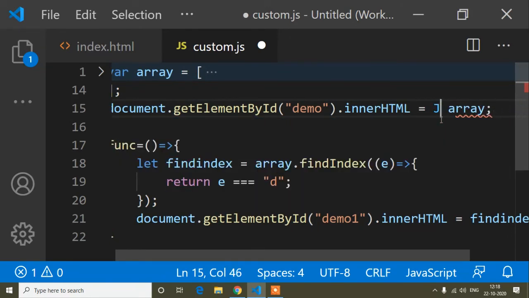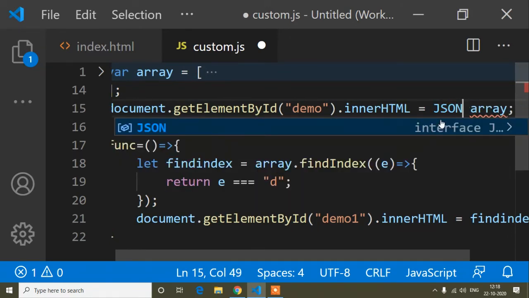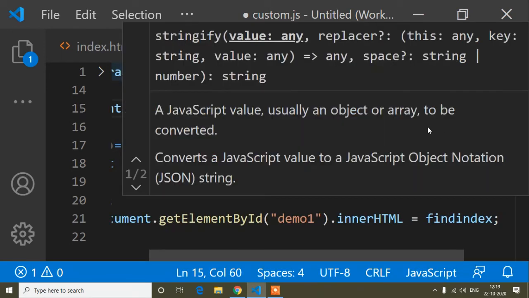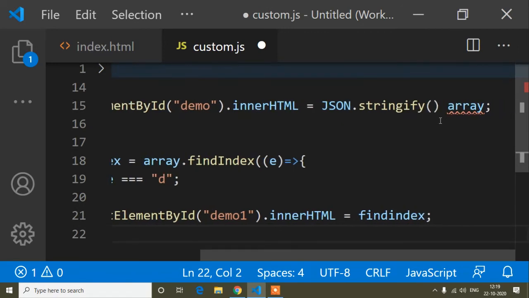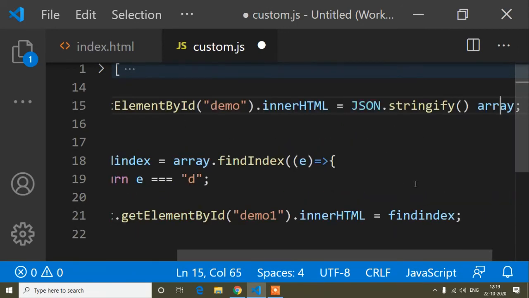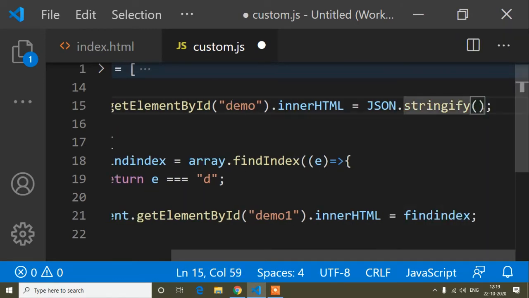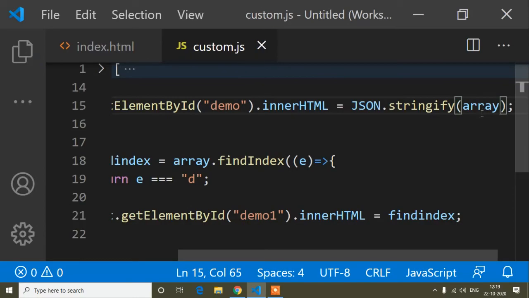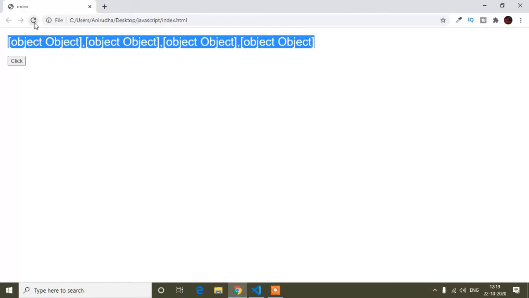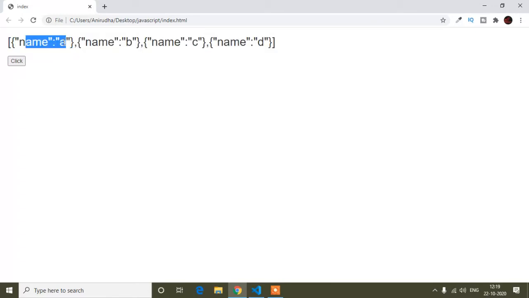So JSON, all the letters will be capital, dot stringify parenthesis, and inside this parenthesis I will paste this array variable. So now if I save, you can see I'm getting this object as a string format. So name A, name B, name C, name D.